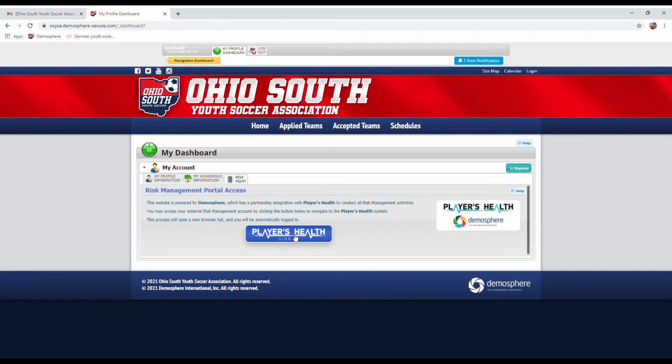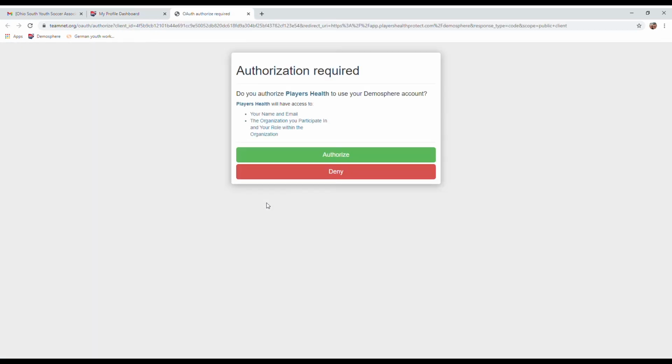So we're going to go ahead and click this. It's going to open up a new window. It's going to ask us if we want to authorize Players Health to use our Demosphere account. We absolutely do, because if we don't, then none of the information that comes from your Players Health account will flow back into Demosphere. So you absolutely want to hit authorize. It's going to automatically log you in,